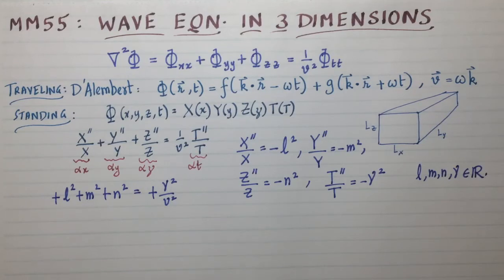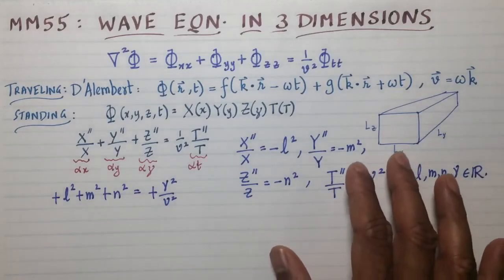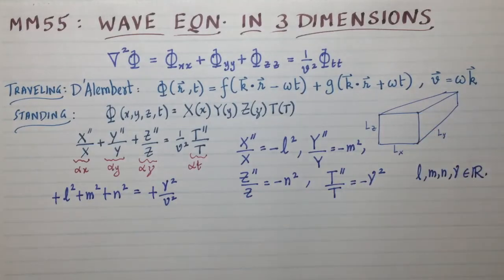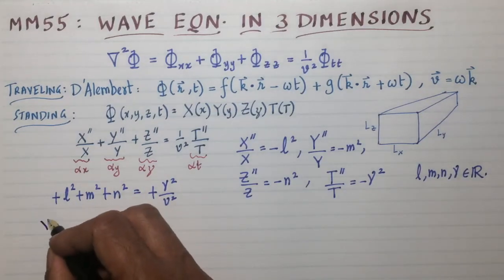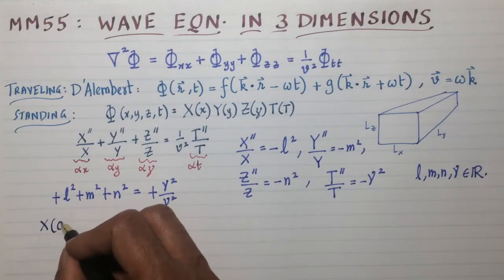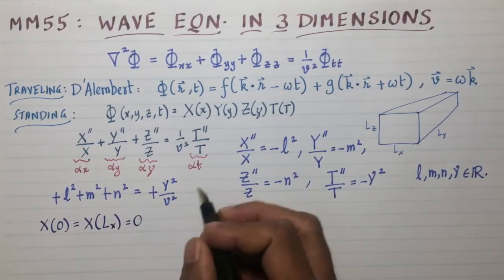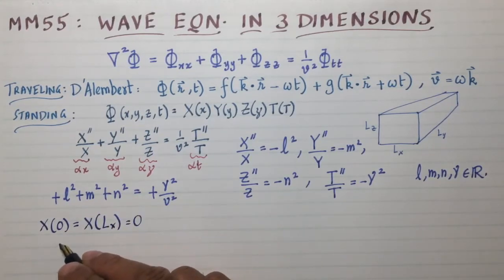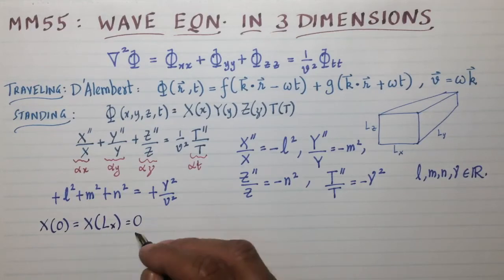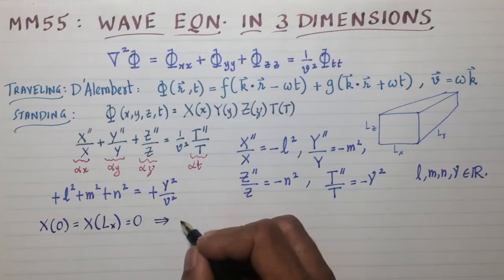So the box conditions demand that we only choose periodic solutions and not sinh and cosh. So we are now going to have to quantize it. For quantization purposes, what we're going to do is impose the box boundary conditions. X of 0 and x of Lx are both equal to 0. X of 0 will tell us that you don't have any cosine modes, and x of Lx equal to 0 means that we're going to get